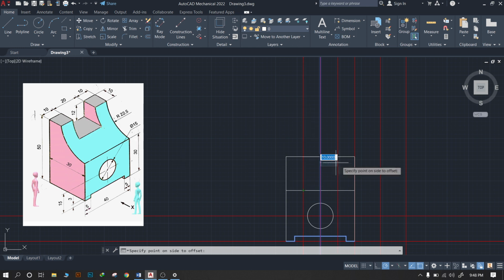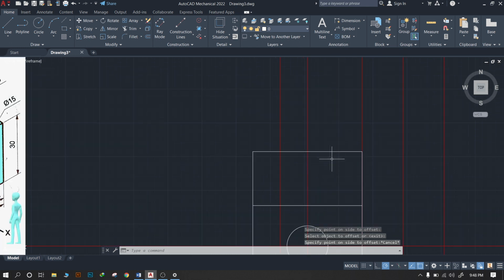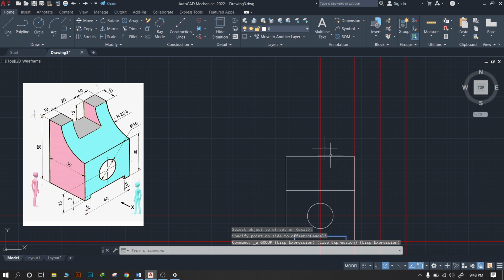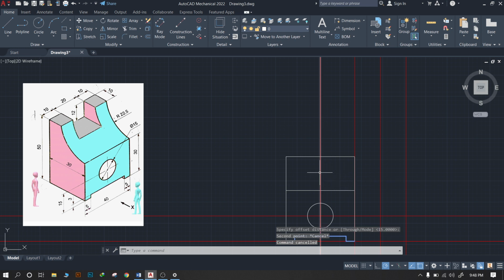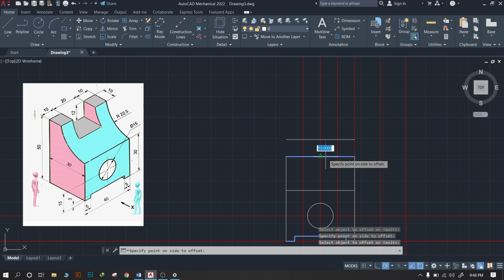We have to mark the 12 mm from the top side. So for the 12 mm we will take, just a minute, accidentally I pressed the Ctrl Z button. So now I will take the offset again of 10 mm on the left hand side as well as 10 mm on the right hand side. Also we want the offset of this line by 12 mm in the bottom.